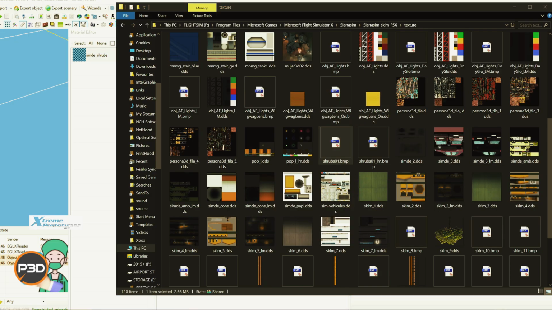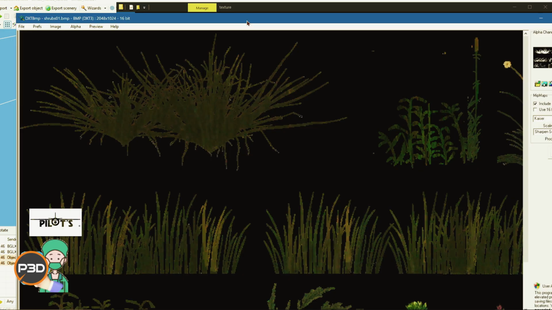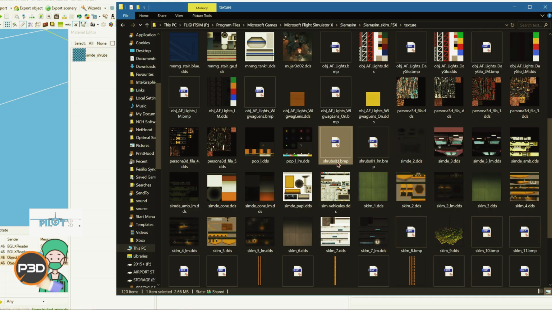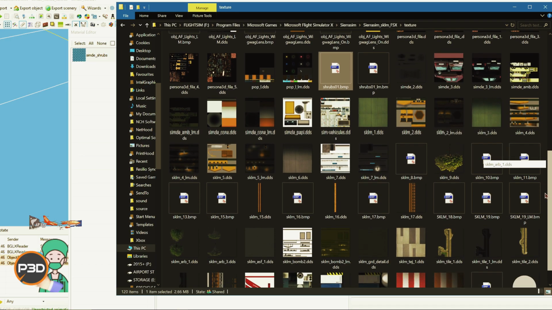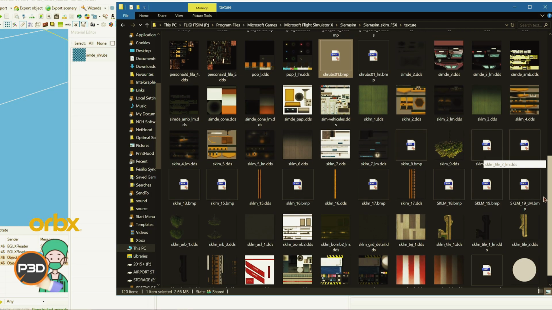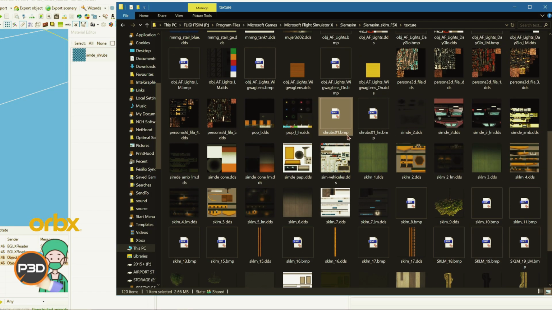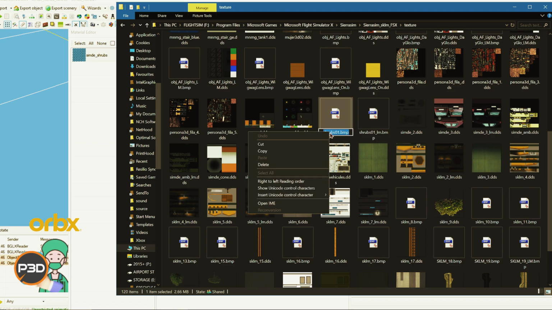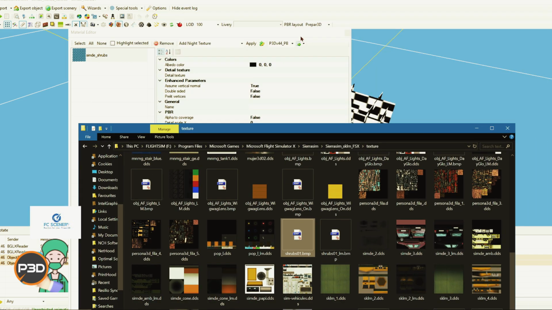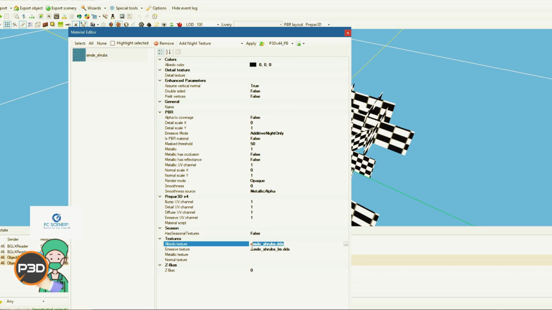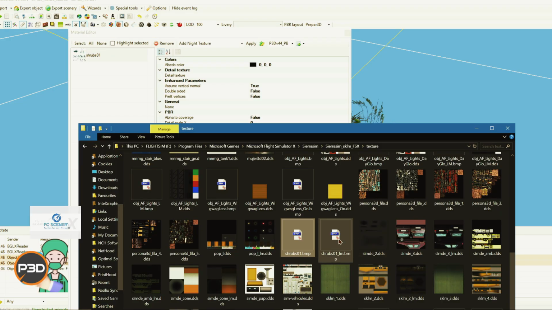I think this was a mistake by the developer. So this is the shrub BMP file, and there are shrubs and a light map, but I don't see the SIMDE shrubs. So I think this is a mistake, which I can rectify right now. We're going to take that and copy it into this here, paste that in, and then do the same for this one,